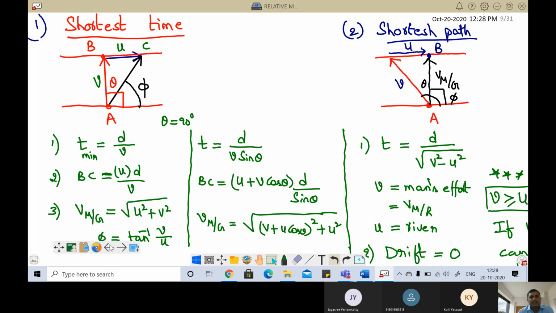Only three things are there: his effort, reverse effort, and finally velocity of man with respect to ground. That's all. Beyond this, nothing else is there. You have to just understand and learn by heart, just the way you learn chemistry, botany and zoology. Suppose in botany they say that this plant name is XYZ. Will you learn it as XYZ or ABC? How will you learn?